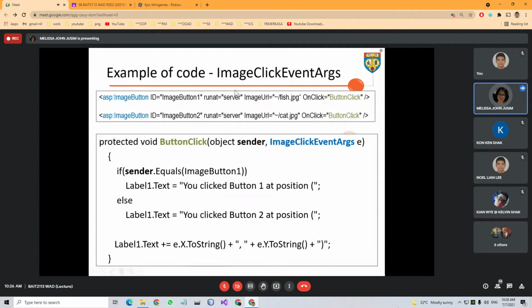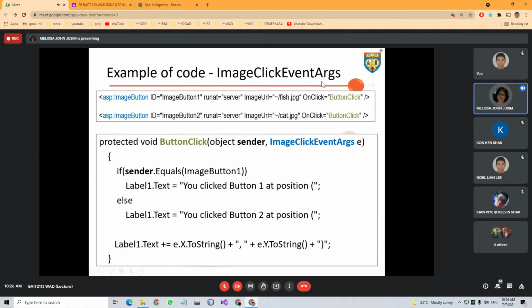These are web server controls because of this runat=server. And for an image button, we are not displaying text, so you do not see Text equals to something. But there's another attribute, ImageUrl, to specify the name of the image file to be displayed on the button.